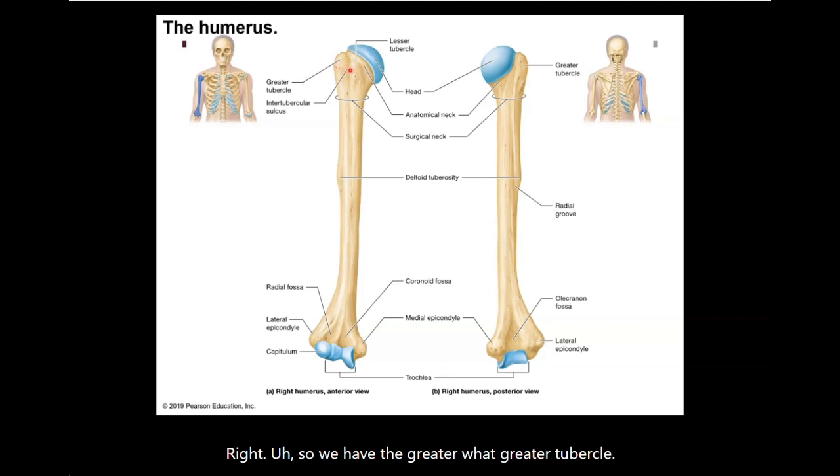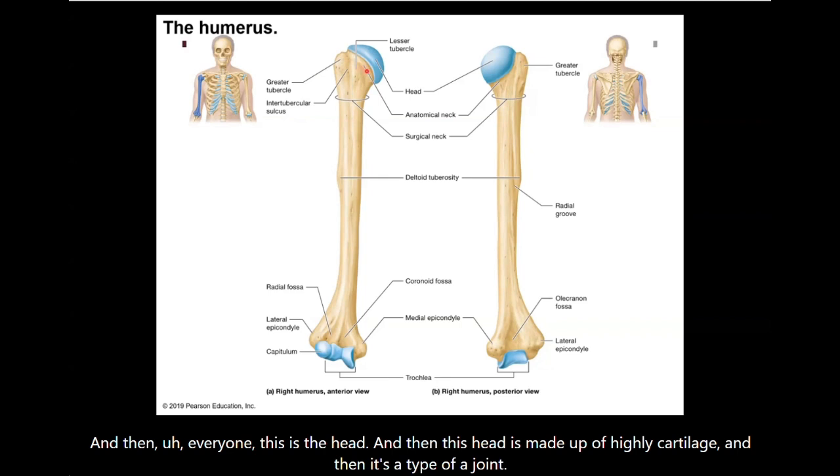Greater tubercle, lesser tubercle. And in the middle, we have the intertubercular sulcus, okay? It's not too bad because one is greater, one is lesser, and in the middle it means in between, intertubercular sulcus. And then everyone, this is the head, and this head is made up of hyaline